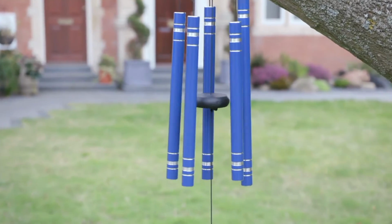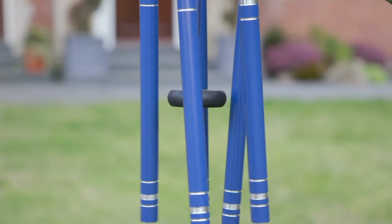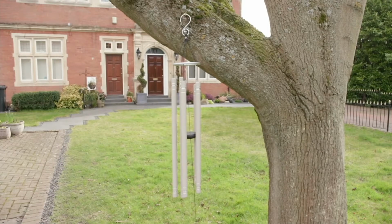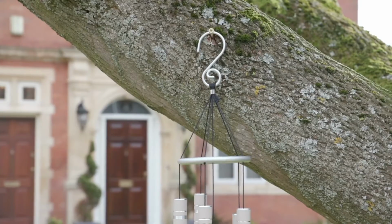Each one of these bells is made of a special metal alloy that will never rust, it will never fade, so that color is going to stay with you for the life of the chime. And they also will never lose their sound. And that's the most important part of this set of wind chimes, is each one of these bells that's hanging,